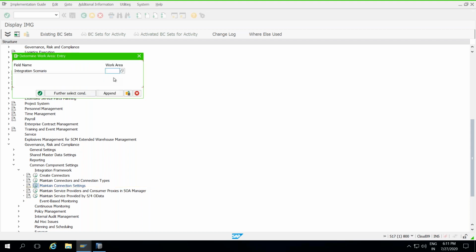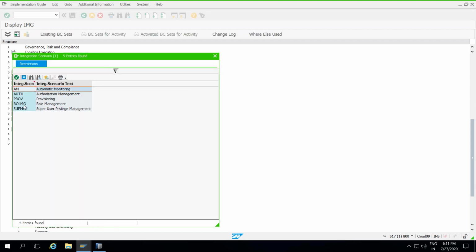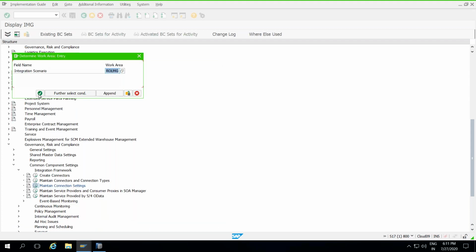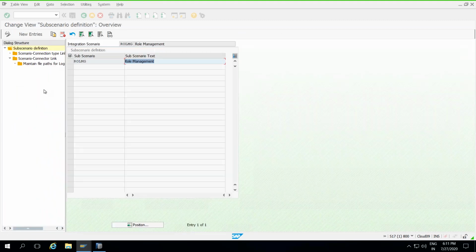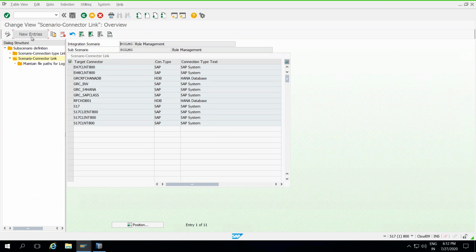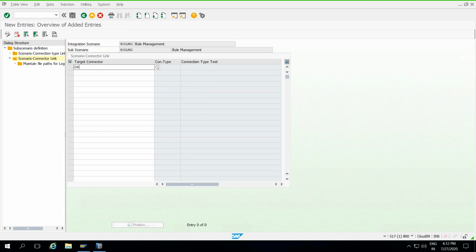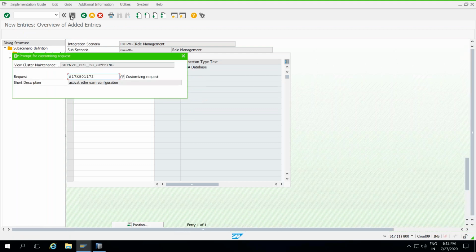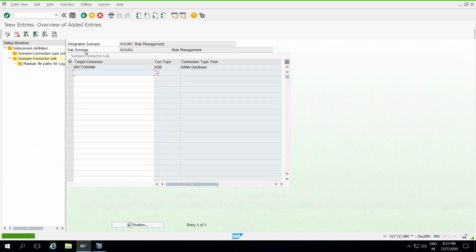Next one. HANA DB. Click on new entries, add the connection detail, save it. That is also done.